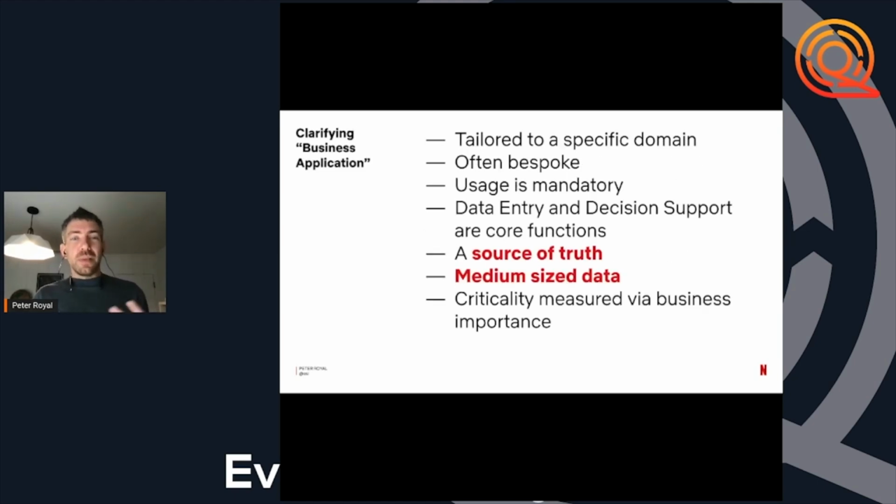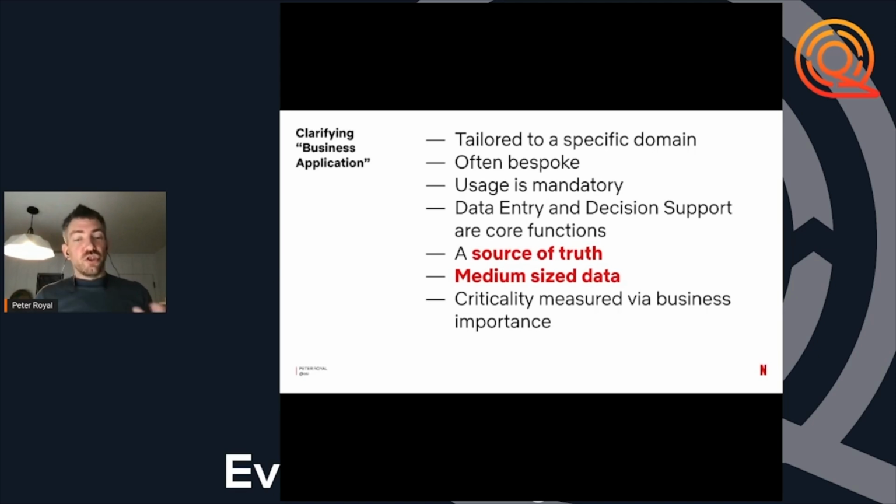So when I think of a business application, what's in my mind is a tool that is very tailored to a specific domain and very much in a domain-driven design type approach. These tools are often custom tools that are developed for the specific needs that that business has, often for a specific area of the business.